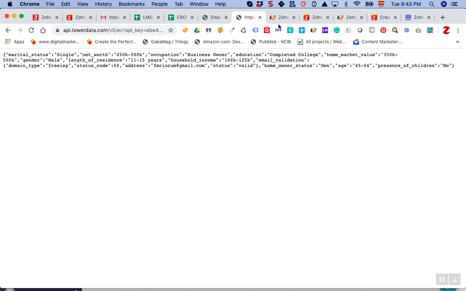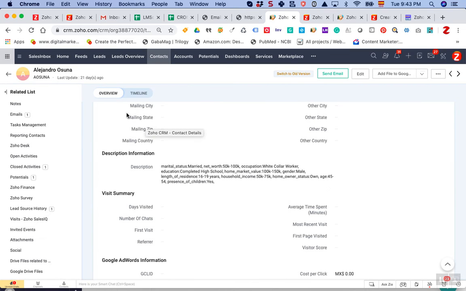So all this information can then be stored in your CRM either under a text, or you can actually break this down and associate each of these particular data points into a specific record within your CRM for further analysis. So this is a very powerful tool, and not only can you bring this information over to your CRM, but